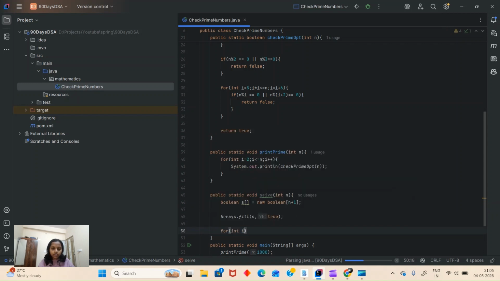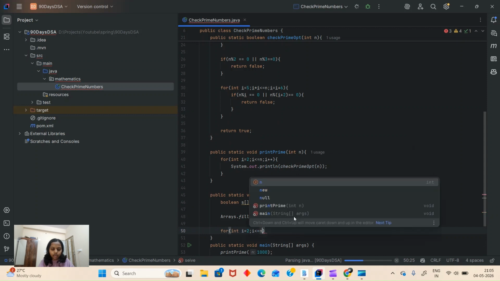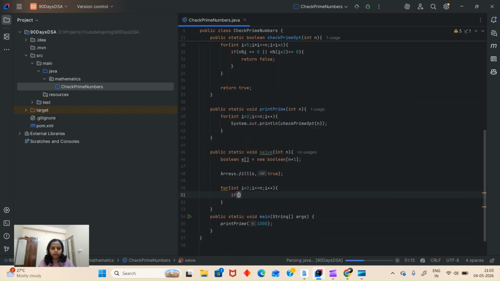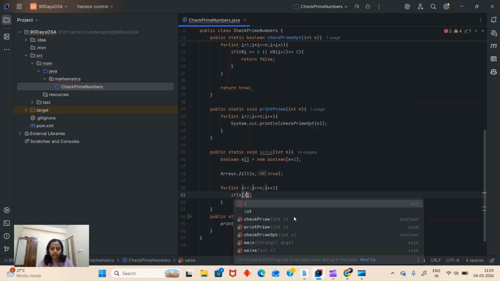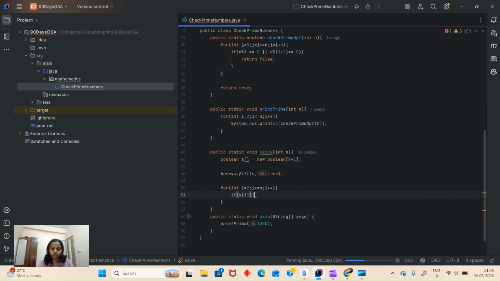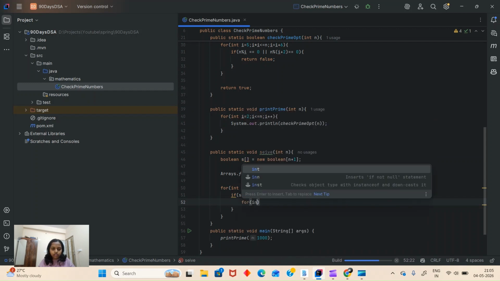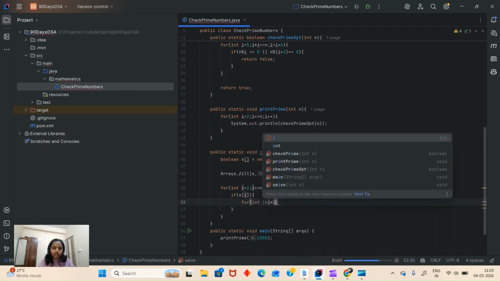So for int i is equal to 2, i less than or equal to n, i plus plus, here if my s of i is true, then only I'll do the multiples of that and mark them as false. So for int j is equal to i into i. Why?